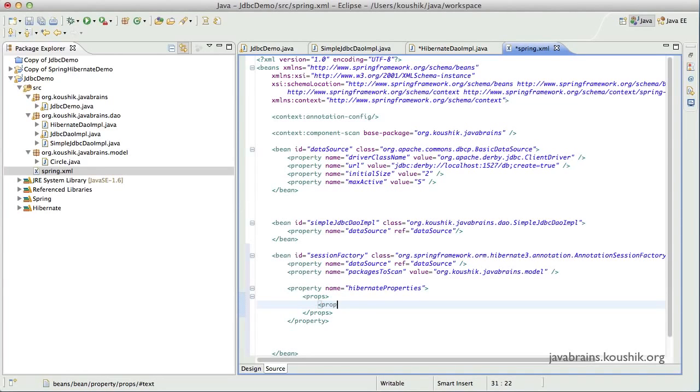So I have only one property in mind now. I will set the key as dialect, and I will use the org.hibernate